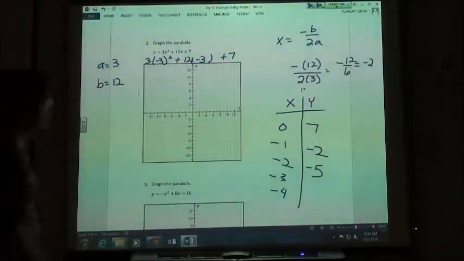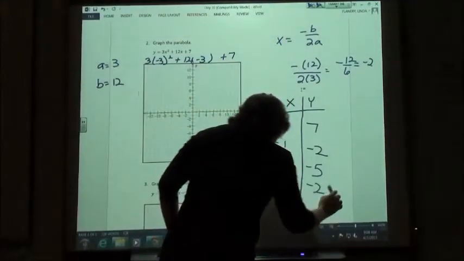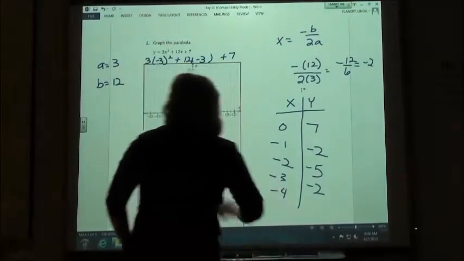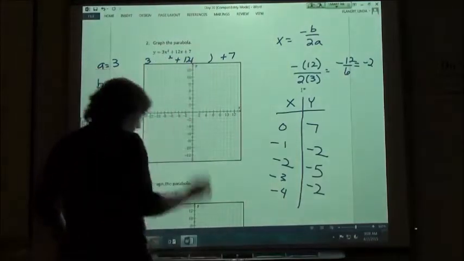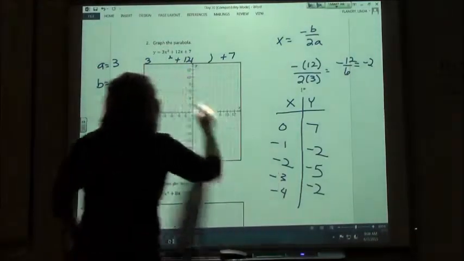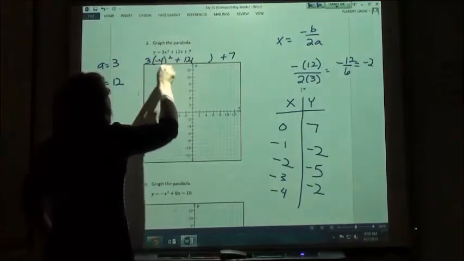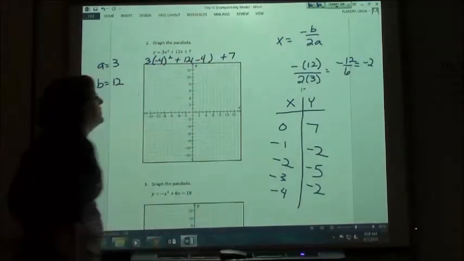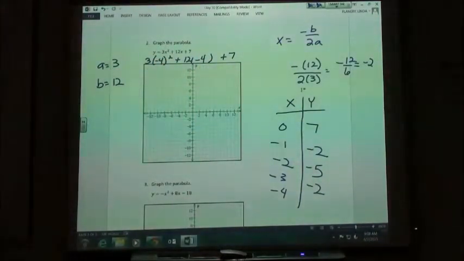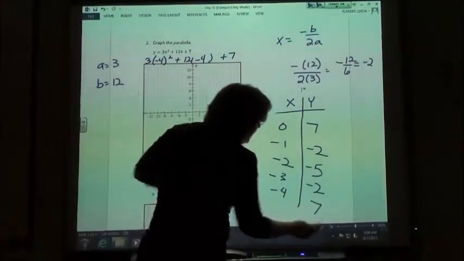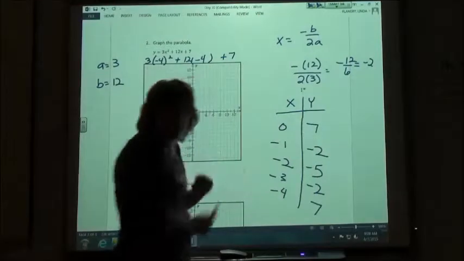Negative 2. And then we're going to put our negative 4 in there. 7. And we can see that these two match up and these two match up, so that looks good